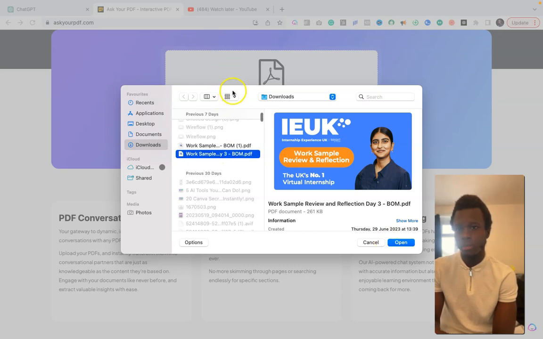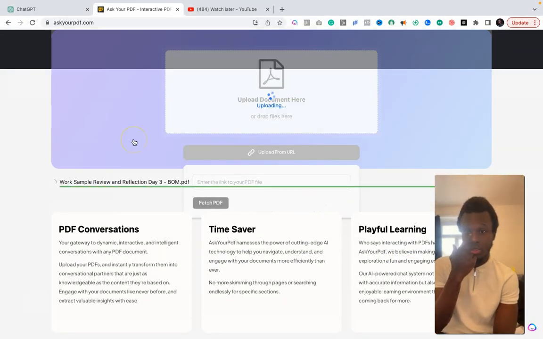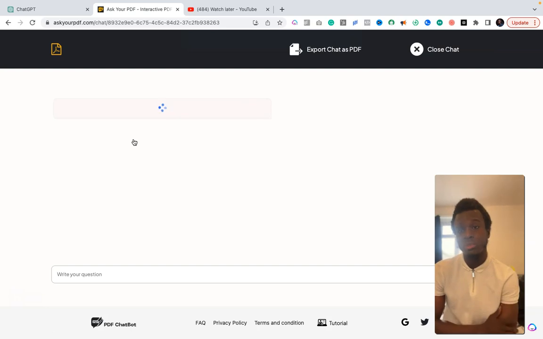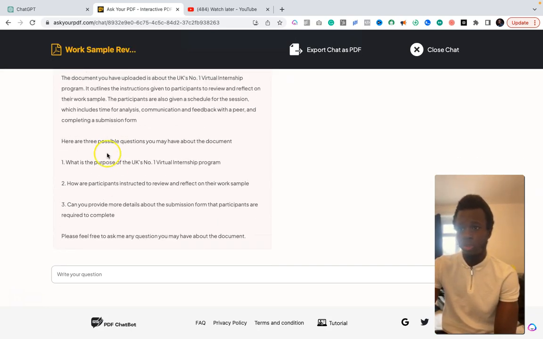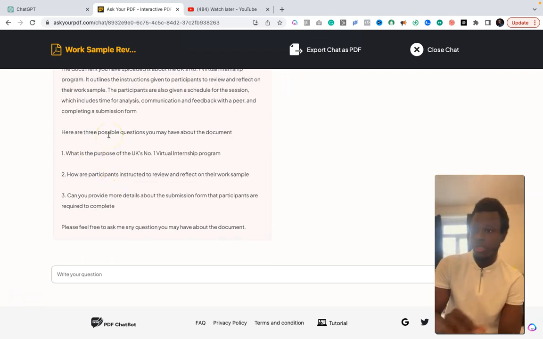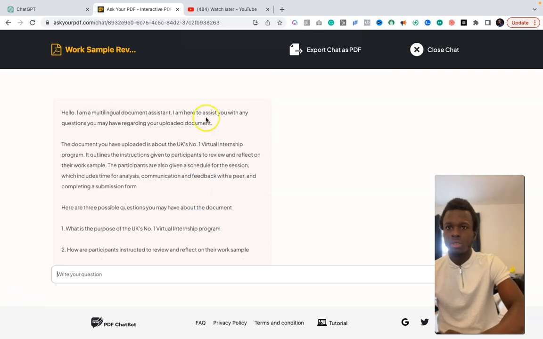Okay, so let's say I upload this work sample over here. The idea of this is so you'll be able to interact with your PDF. It's kind of funny. Once you upload it, I think they have limits to the size of the PDF, so it shouldn't be too big. Okay, so you can see it even summarizes it for you. Here are 3 possible questions you may have about this document, and it shows you. You could ask it directly from here, or you could easily just copy this link over here,